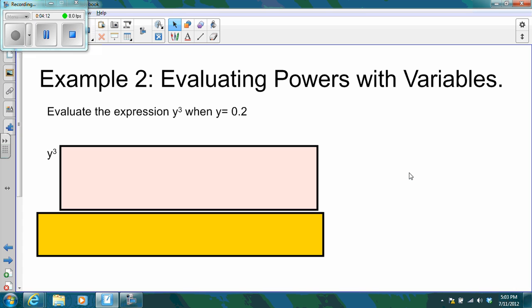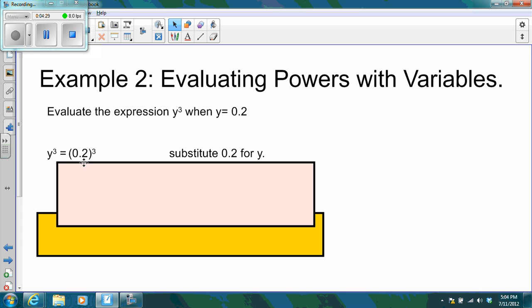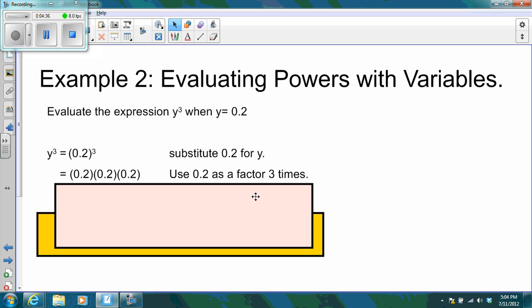So the next example is how do we evaluate powers that have those variables? So they have letters. So the first question is evaluate the expression y to the 3rd when y is equal to 0.2. So we have our y to the 3rd, and that's equal to 0.2 to the 3rd. So the first step is we're going to substitute what y is equal to. Then you can write it out. So use 0.2 as a factor 3 times because it's cubed here,